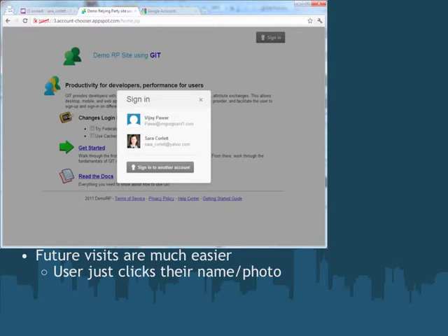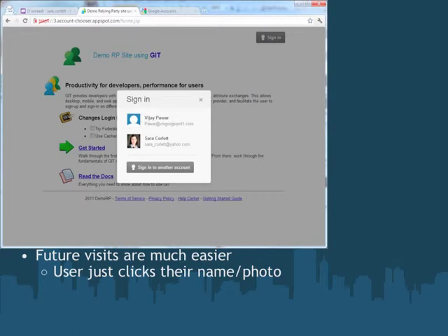Maybe with their photo, maybe not, but they'd see their employee email address there. And so future logins on the site, they just simply click it. Now this is great because as you can imagine, the websites out there are not going to add a button for every enterprise, school, etc., who runs an identifier. Could never fit all of those on the screen. But here, the user is signing in simply by clicking a button.